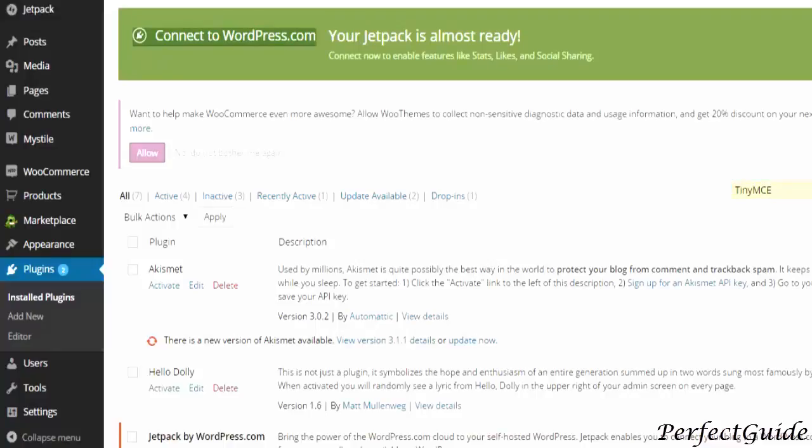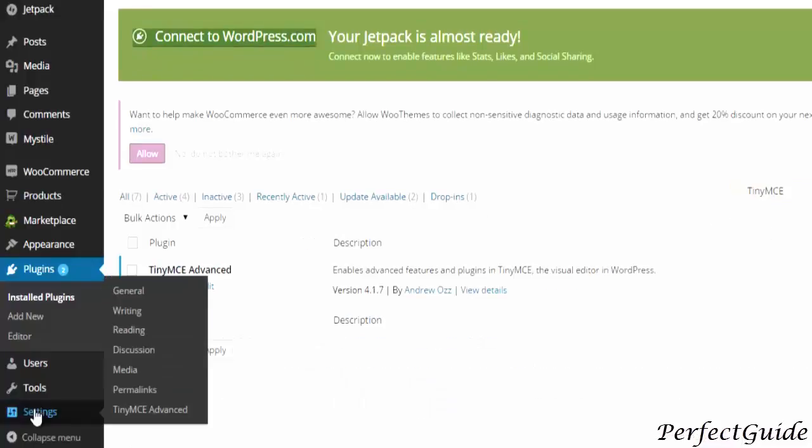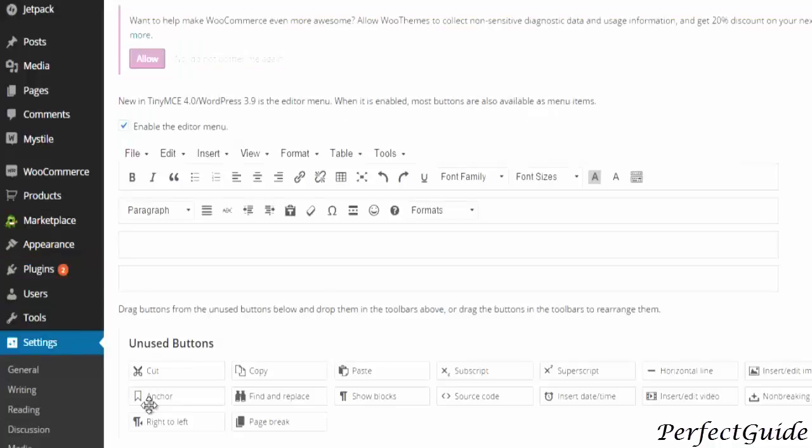plugin. I already have it installed on my WordPress. Every plugin is installed the same way. You install the plugin and then you activate it. Once you've activated it, go down to Settings, look for TinyMCE, and now the top part of the screen is